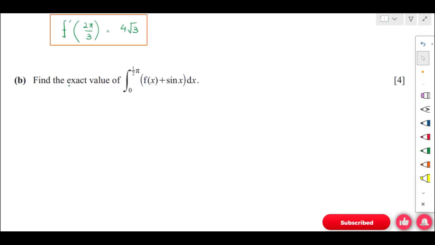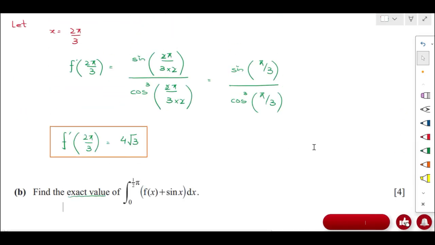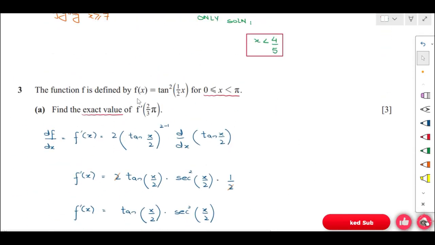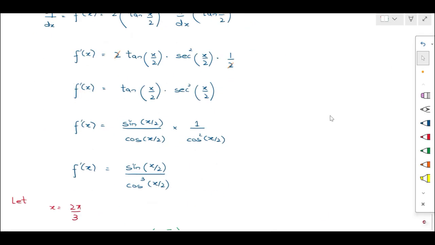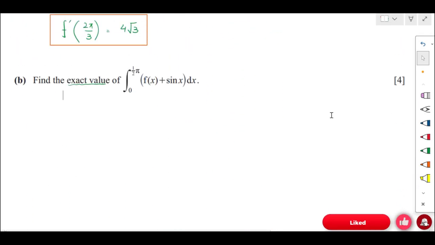Now for part B, find the exact value of integral 0 to pi by 2 of f of x plus sine x dx. What is the function f of x? f of x is tangent square half x, right? So let me write the function f of x is tangent square of x by 2. Okay, so we can use this identity that